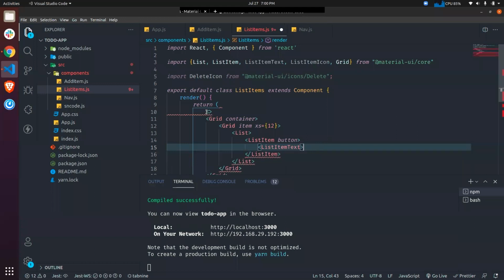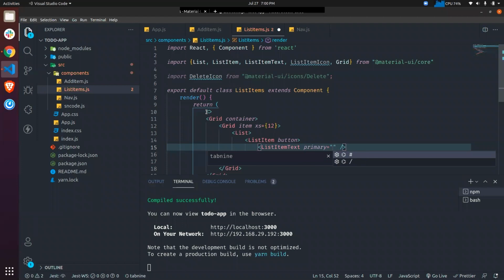It is self closing, and it takes a prop called primary. Let's just hard code something. So let's take milk from dairy.